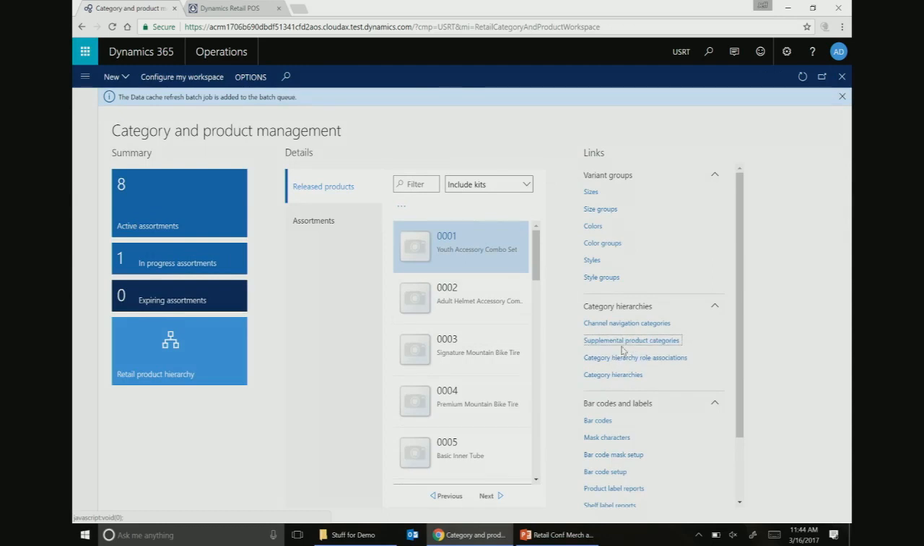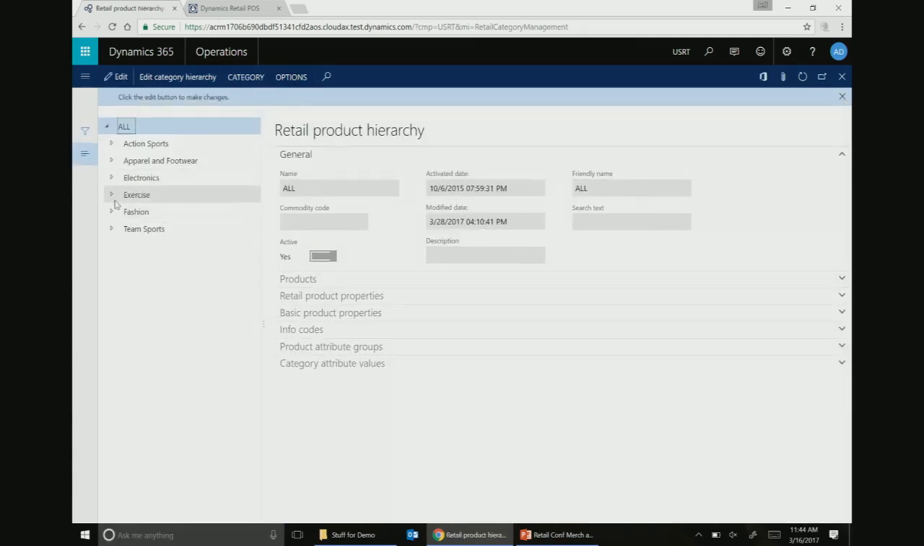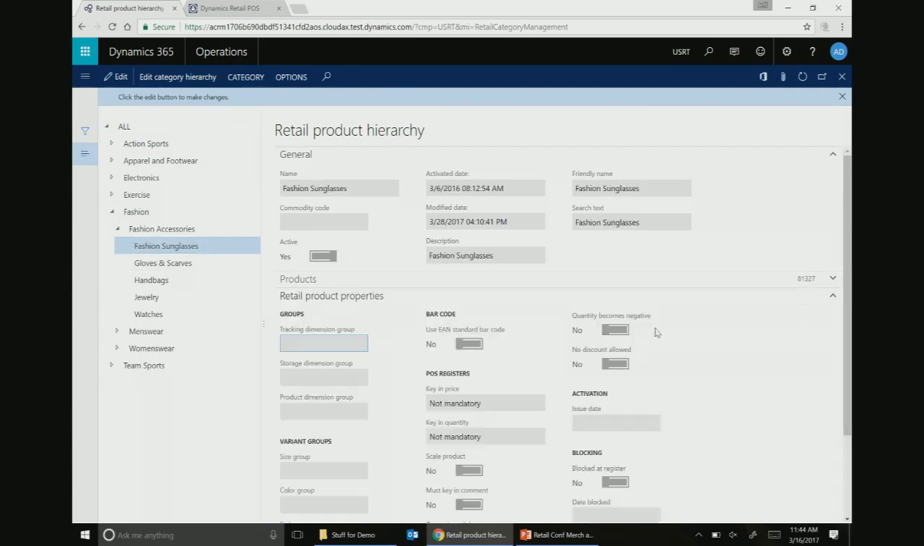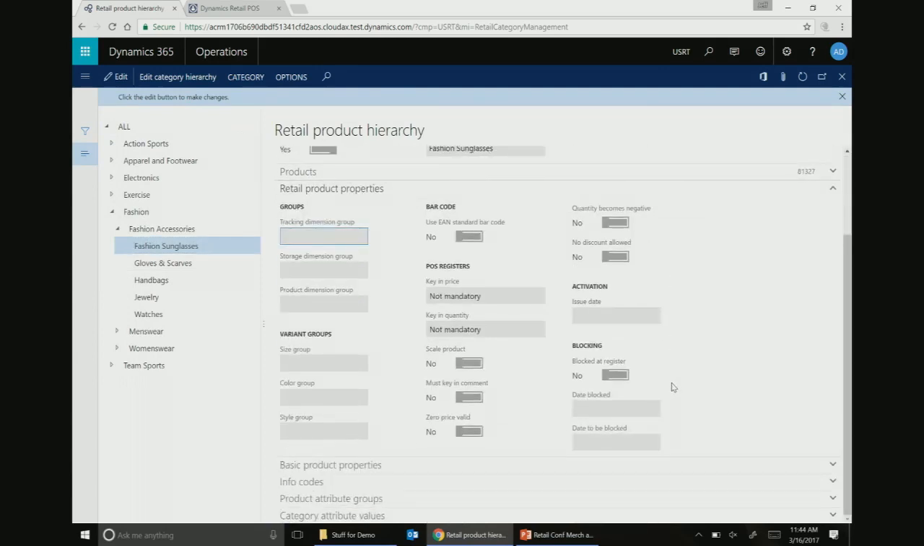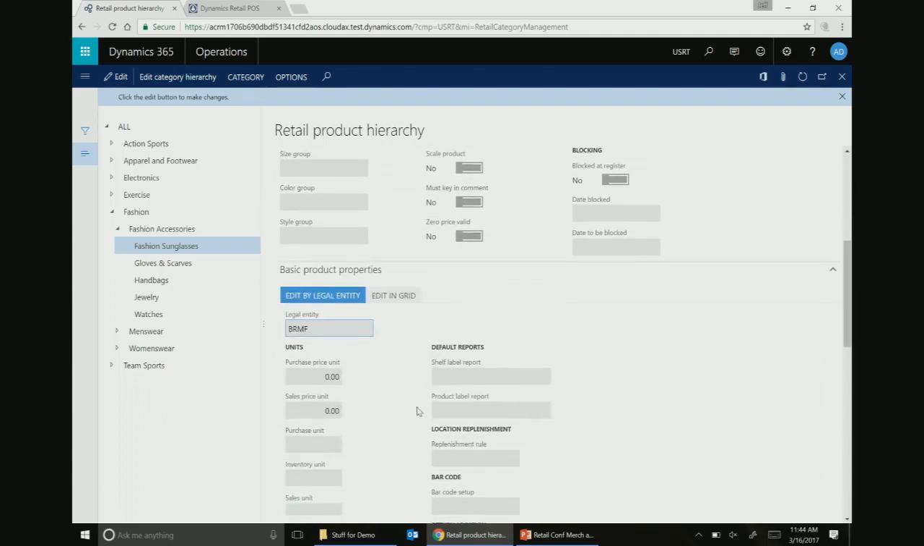The main product hierarchy will allow you to do your merchandising. So if I view the retail product hierarchy here, you'll see that I can assign default values to the products that are within them. So here I can set things like dimension groups, variant groups, some of the retail-specific properties that are here. Some of the labels on this I don't think are the best that they can be, but